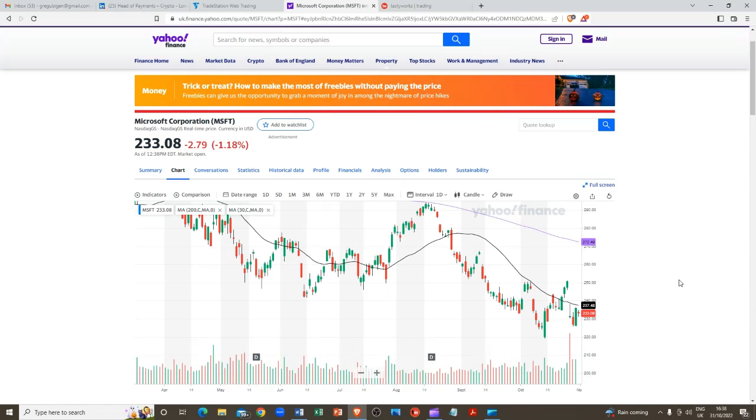Given this analysis, if you anticipate that Microsoft will close above the $220 mark when your put contract expires, then you can execute a put credit spread that allows you to